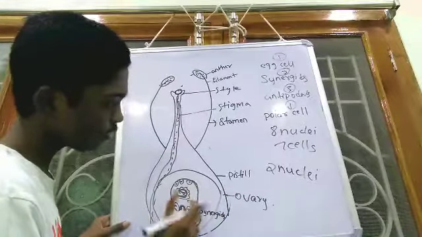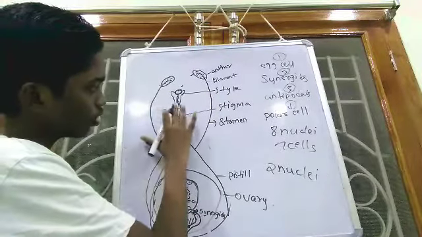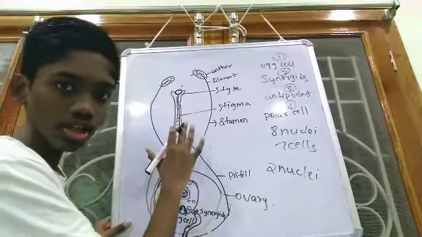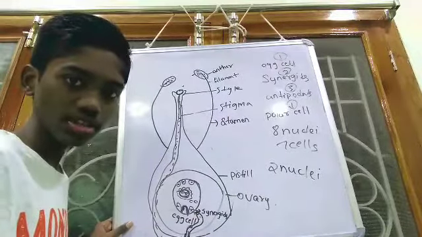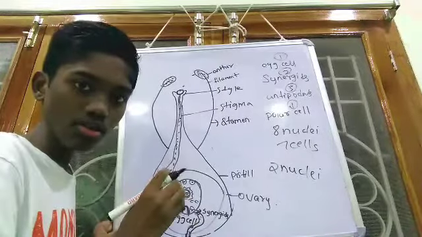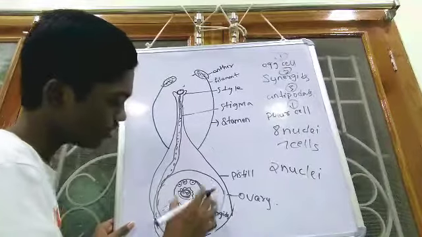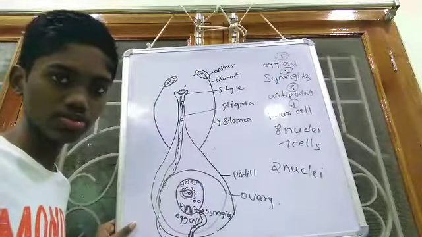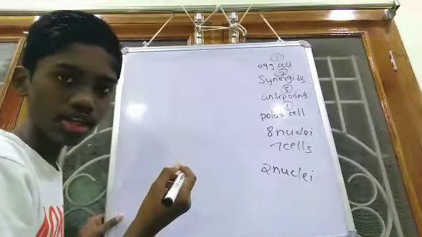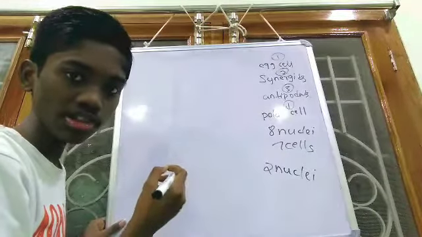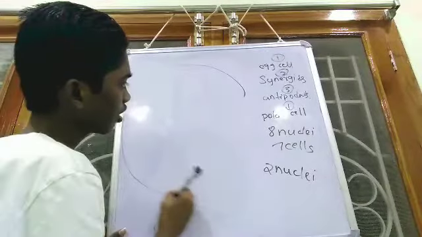So from here what happens? Now we have completed the role played by these parts in the process of reproduction. Now we have to see how the reproduction process takes place in the ovule. Now I will draw only one ovule and explain. Friends, the ovule is usually very small, equal to the size of the pollen grain, but I will draw it big for better understanding.